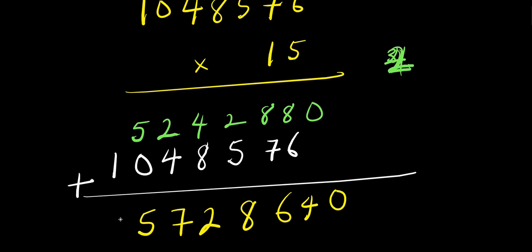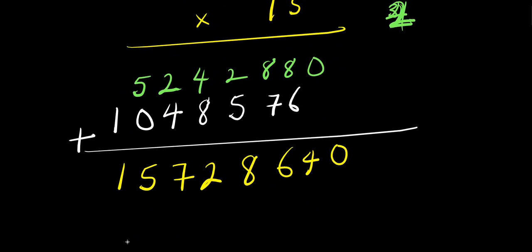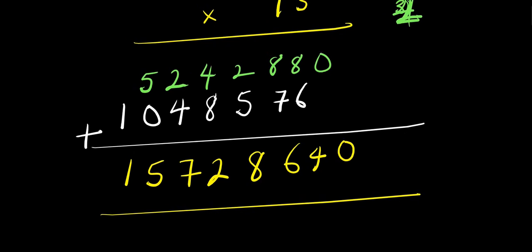This is 5. This is 1. So at the end, we have 15,728,640